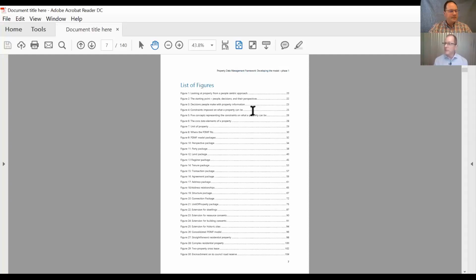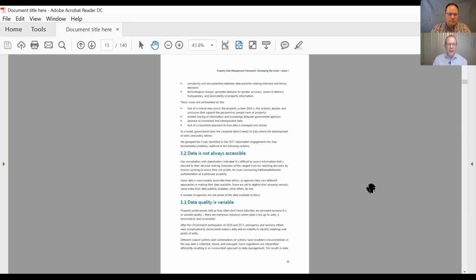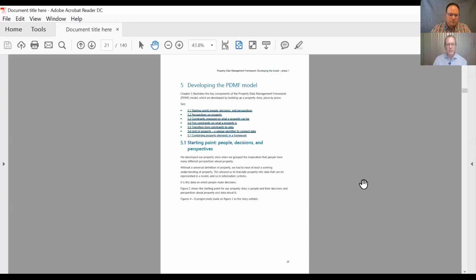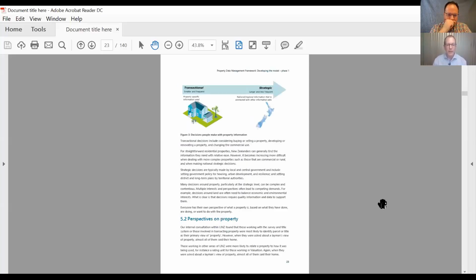Shall I start by getting into some of the top questions we were asked? Absolutely. So the top question I was asked was, what is this thing called a perspective? Why have you put this thing called a perspective into your model? The answer to that is around about 2017. We'd been well underway developing the model, and then around about 2017, we got questioned about what a property was. How could we develop a property model when we didn't know what a property was and didn't have a definition for it?